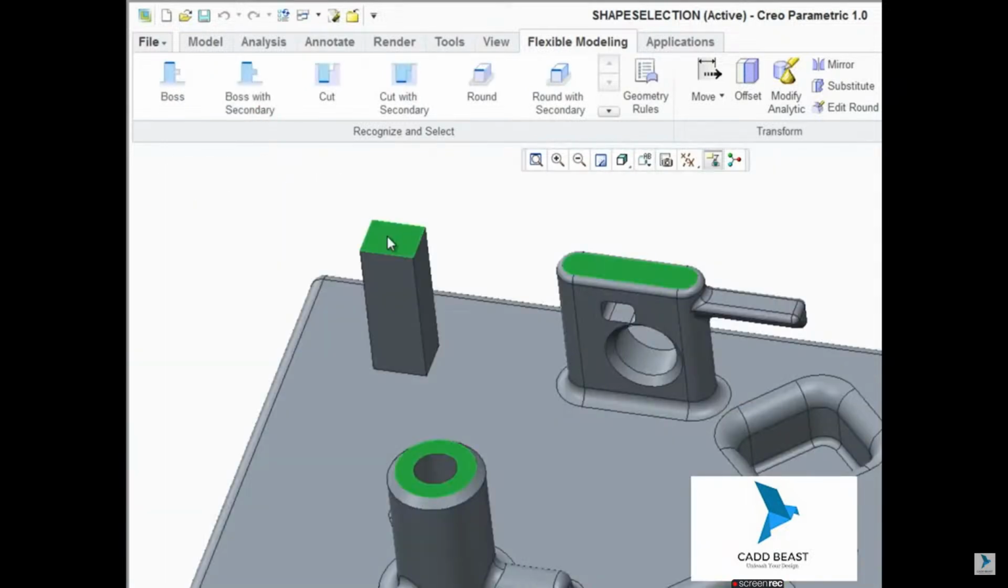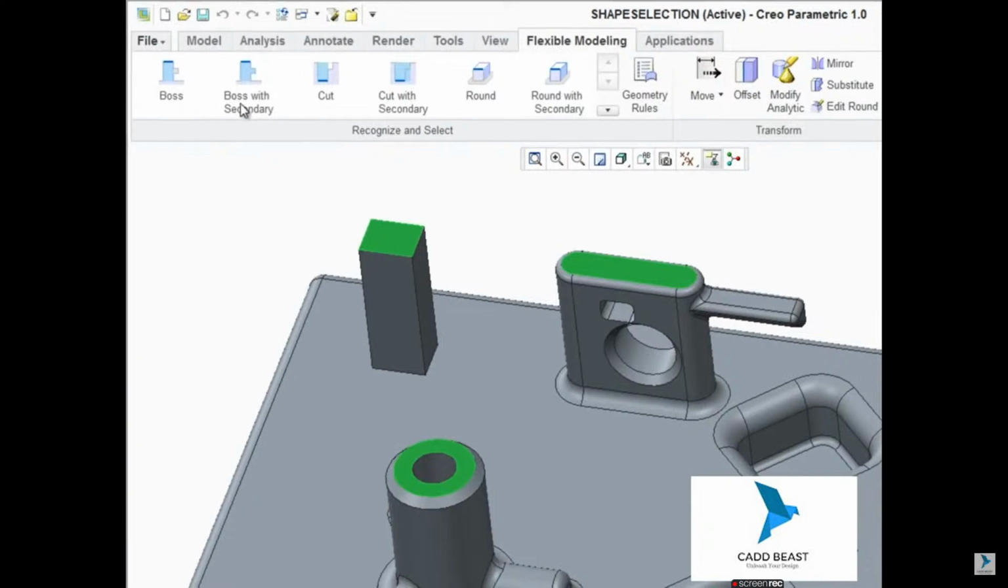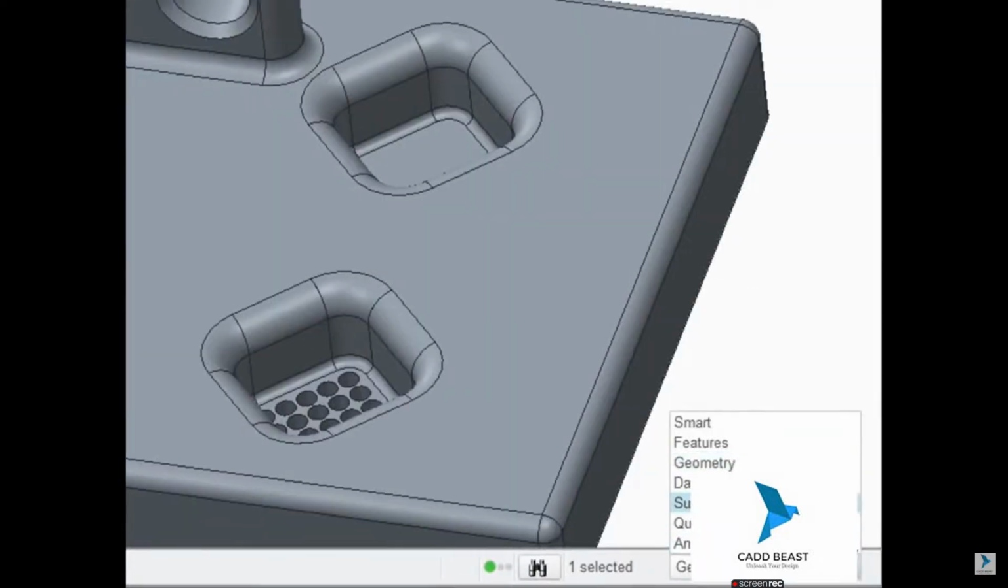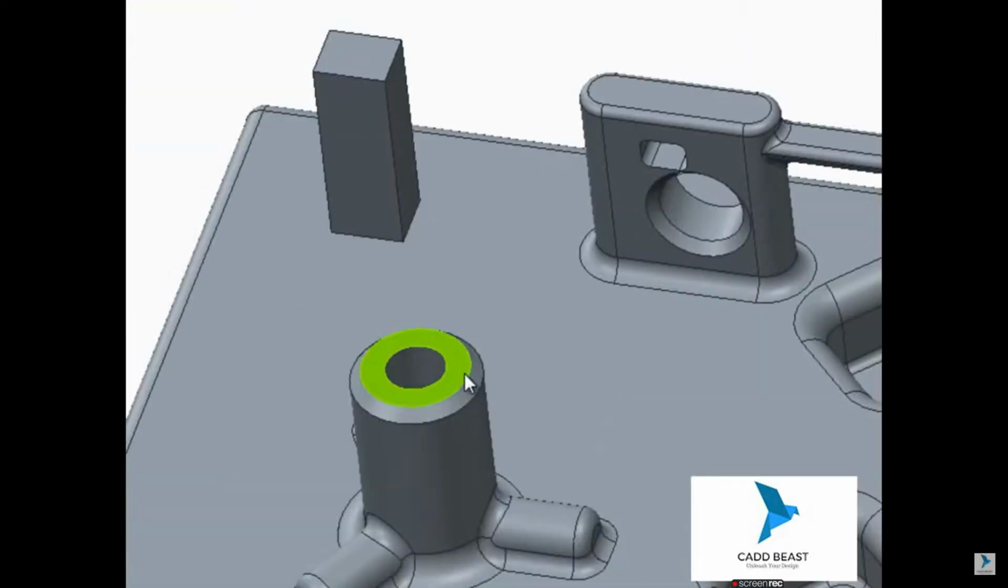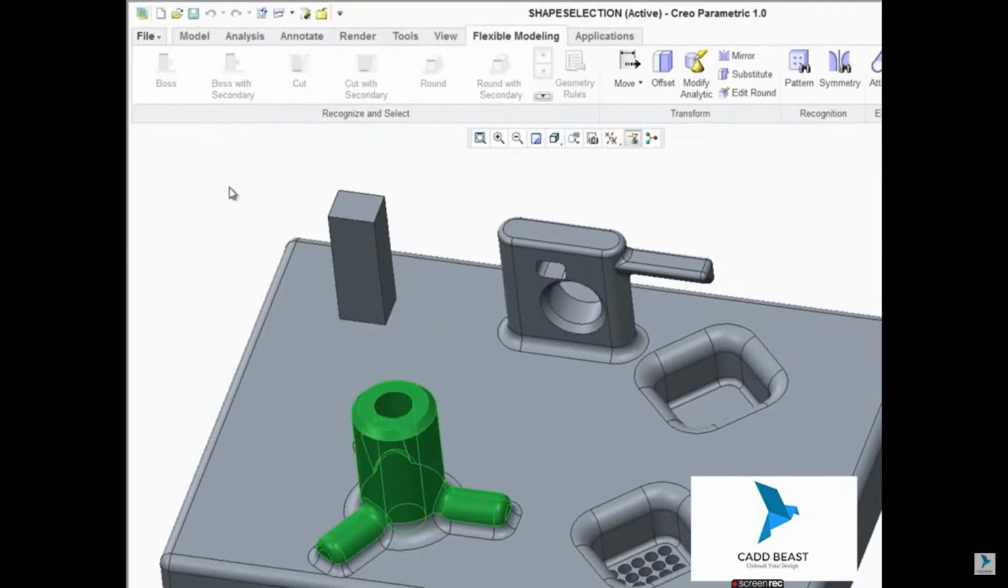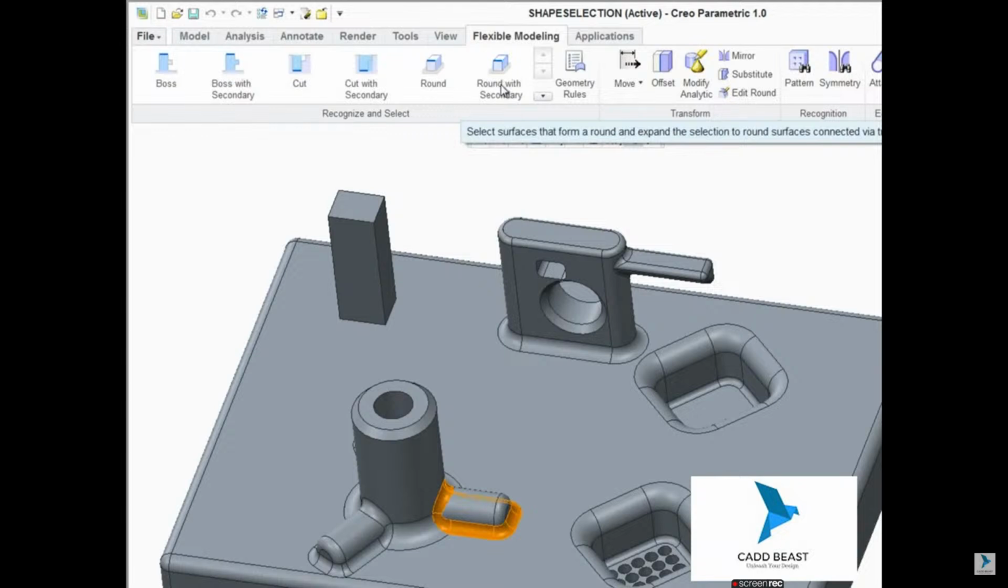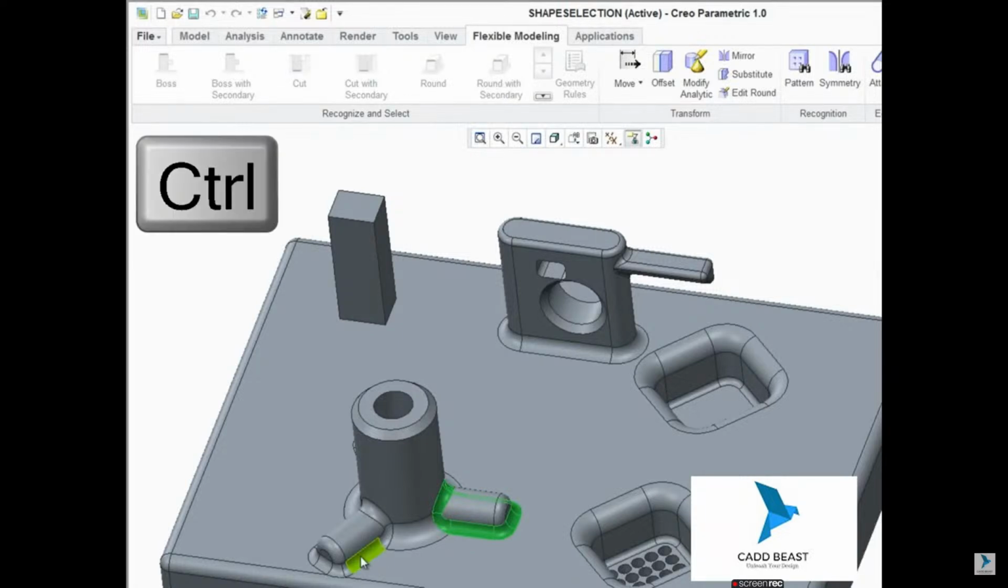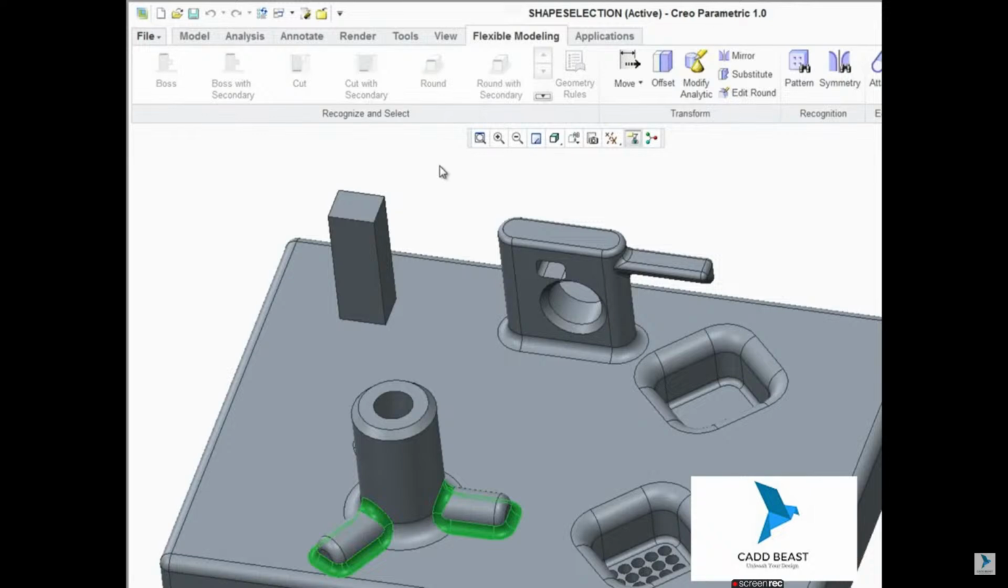When the seed surface of the selection has multiple regions, the Surface Region Selection filter in the lower right can be used to isolate the correct region. After seeing Boss and Cut with Secondary tool, you can pretty easily guess how the Round and Round with Secondary tool will work. They can be used to select round pieces or full sets of round geometry. And just like the previous selection tools, you can hold down the Control key to create multiple round selections. The Recognize and Select ribbon provides you with the shape selection tools that make modeling faster and